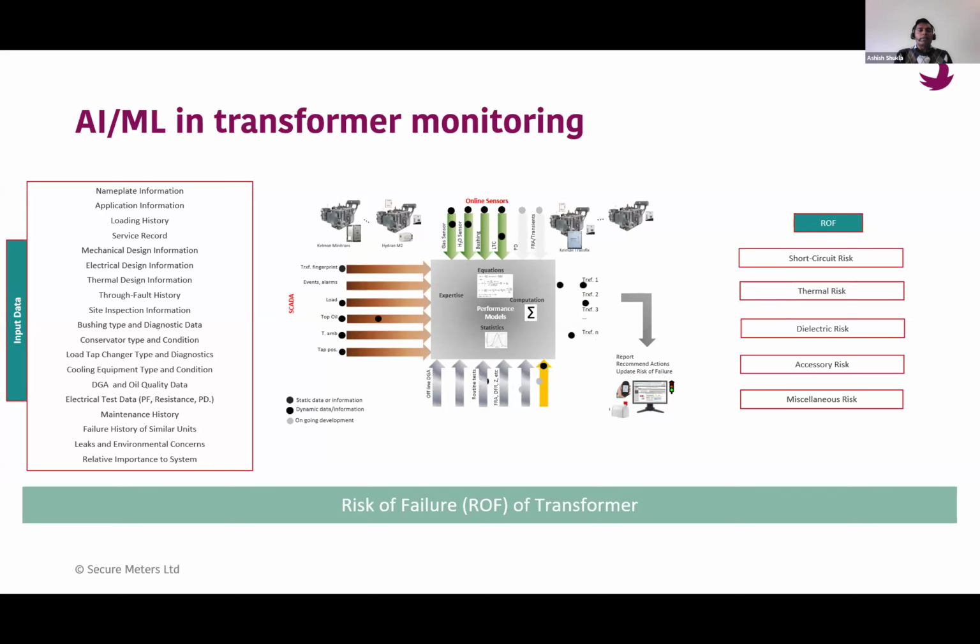Basically, you have to figure out what the risks of failure are. Whether the dielectric strength of the insulation material is going down, or the oil dielectric strength is going down. Are there any hot spots building inside the transformer? What is the remaining life of the transformer, so that I can do better planning, because it requires capex planning. Typically, any big transformer stays 35, 36 years.